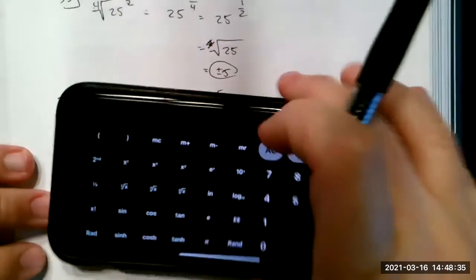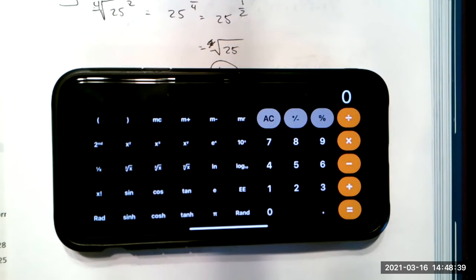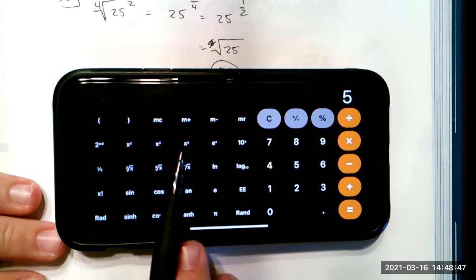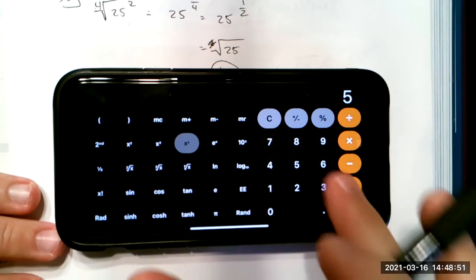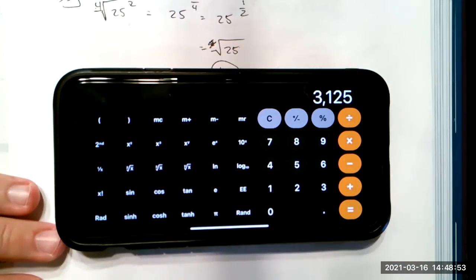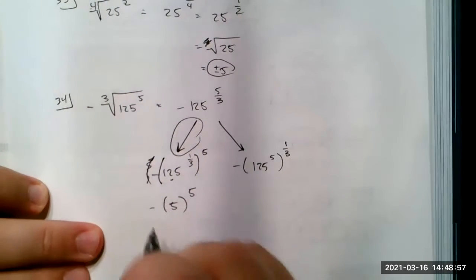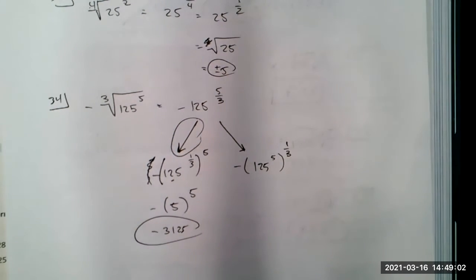I just did it on my calculator, but this is kind of similar to any degree radical. You can do the same thing with any degree exponent. So I want to do 5 to the 5th. So I'll type in 5, and then this button right here, x to the y power, that would let me plug in any exponent I want. So 5. So that gives me 3,125. So 5 to the 5th is 3,125. So my final answer would be negative